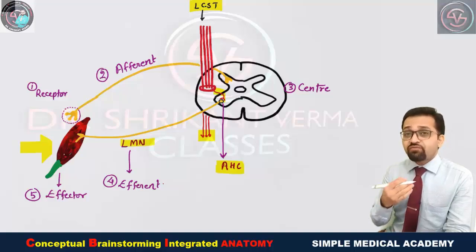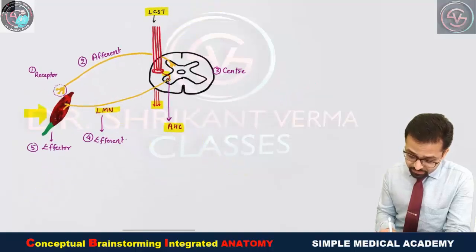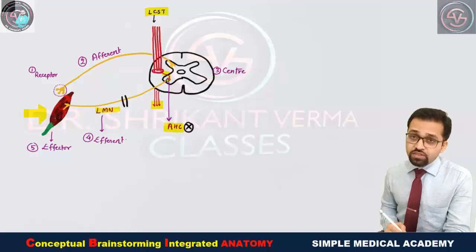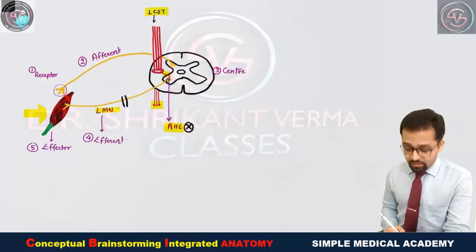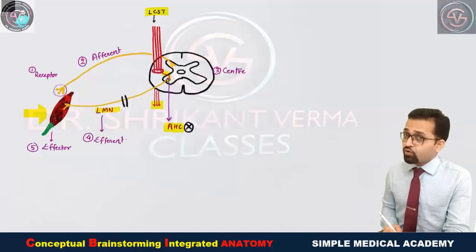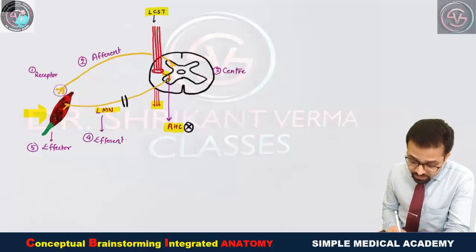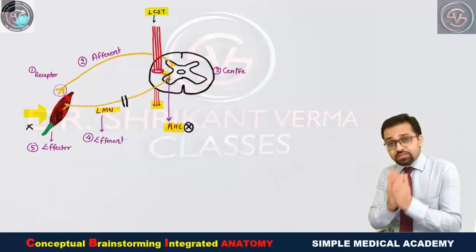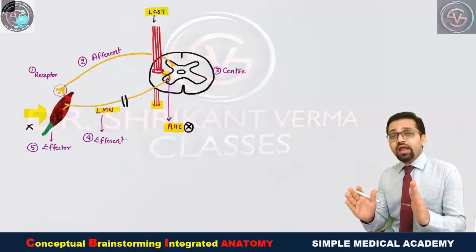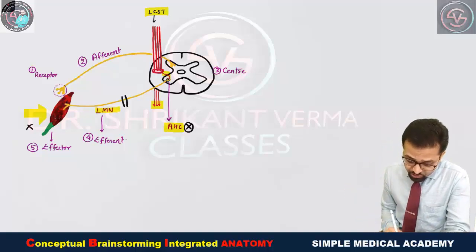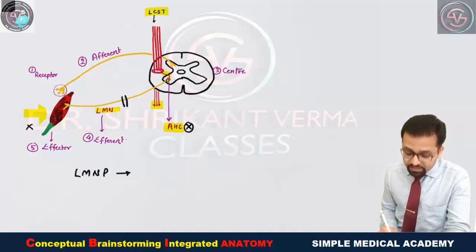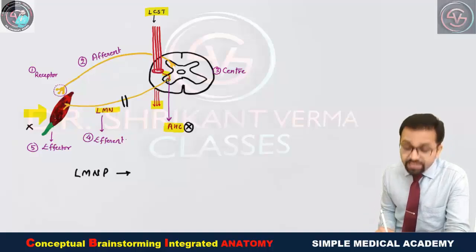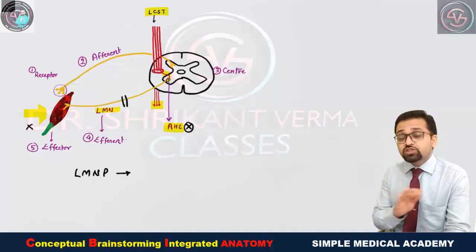Now see what is the definition of the lower motor neuron paralysis. Yes, if there is damage in this anterior horn cell or lower motor neuron, then it is known as lower motor neuron paralysis. Now see, if there is damage to the lower motor neuron, then what will happen? The muscle is not getting any kind of nerve supply, meaning the life of the muscle is totally ended. Okay, so what will happen? In case of the lower motor neuron paralysis, there is a total denervation of the nerve. That's why the muscle is losing its total life.